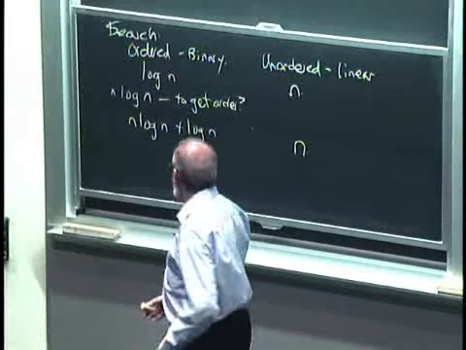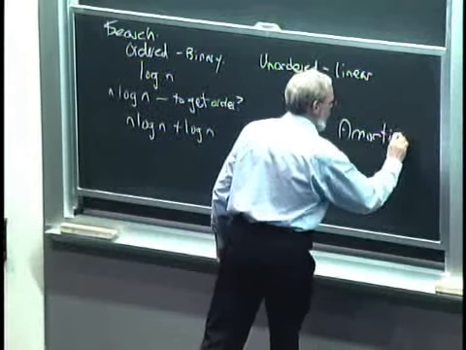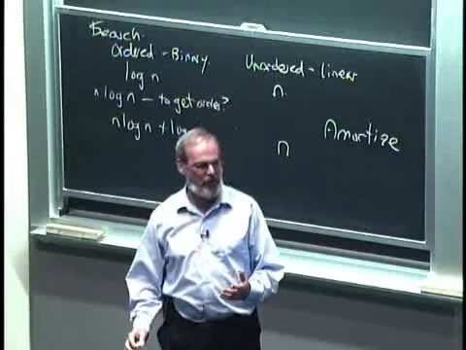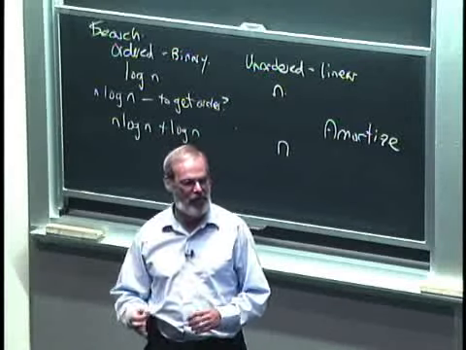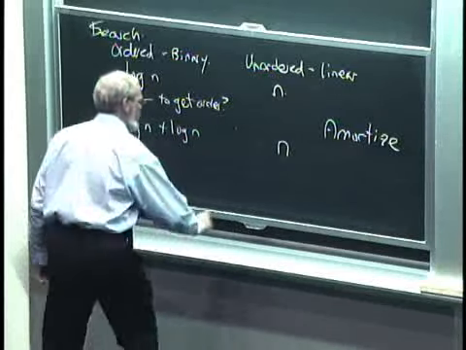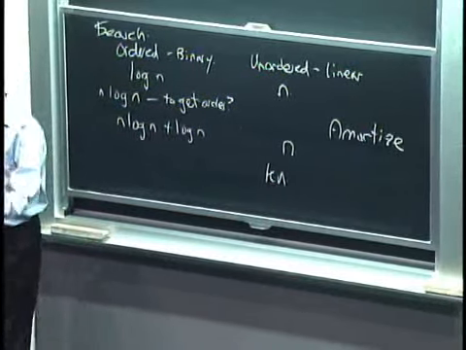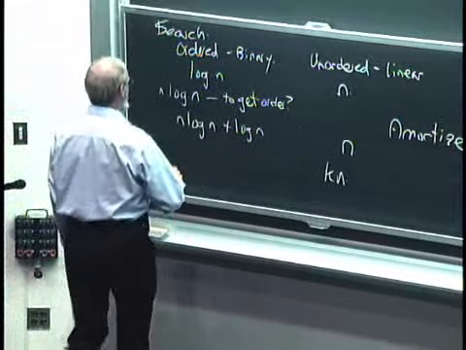And this led to this idea of amortization, which is I need to not only factor in the cost, but how am I going to use it? Typically, I'm not going to just search once in a list. I'm going to search multiple times. So if I have to do k searches, then in the linear case, I've got to do order n things k times. It's order kn. Whereas in the ordered case,